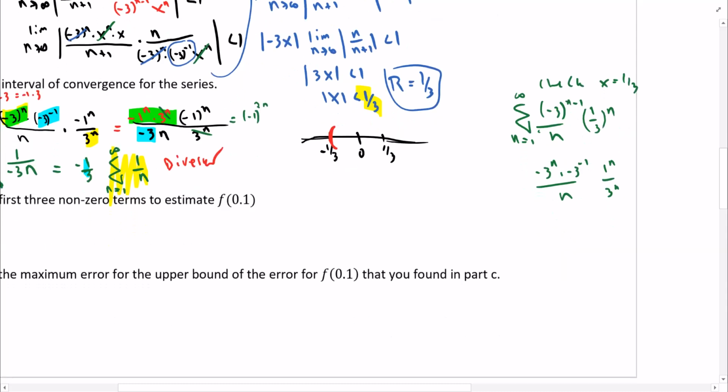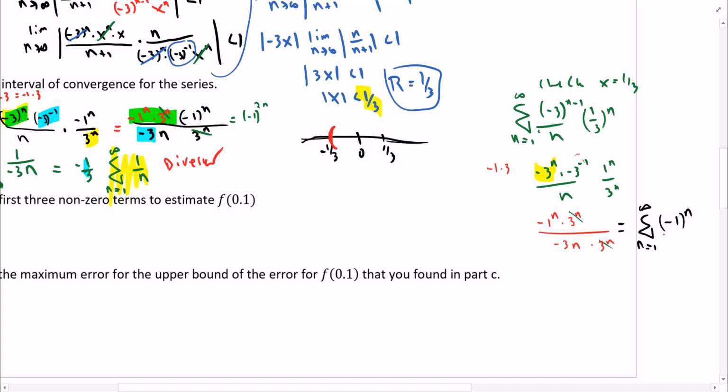Again, we can break up this negative 3 to the n and say negative 3 is negative 1 times 3. So that thing turns into negative 1 to the n times 3 to the n. This thing comes to the bottom, and this 3 to the n is still there. 1 to the n is just 1, so it doesn't matter. This is going to cancel that. And so we're left with the infinite series,